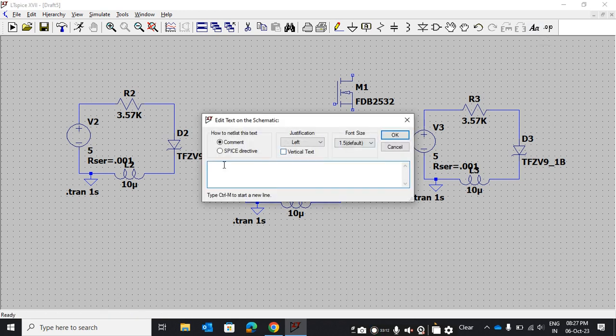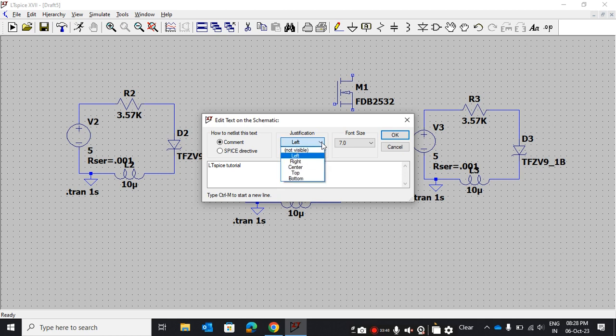And this is tags, so you can write any tags here. I write here LTspice tutorial. You can write anything here, and you can change the font here. I change it to 7, and by default it will be kept horizontally on the circuit, but if you want to keep it vertically, then click here.